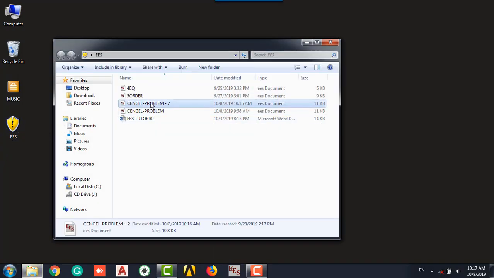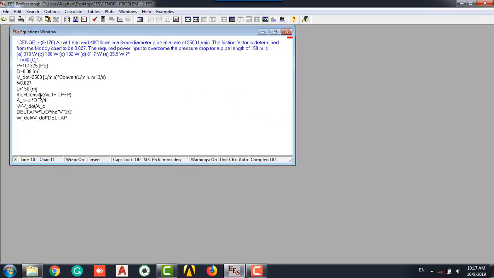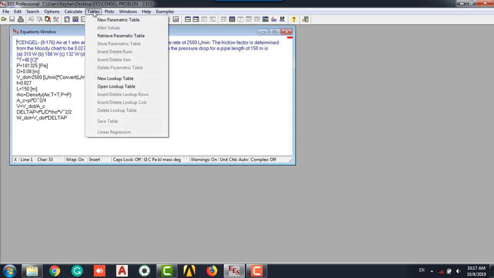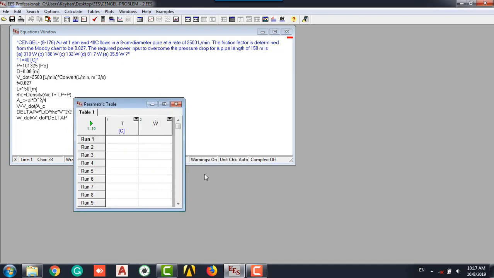EES also has parametric tables, which allow students to solve a problem over a wide range of variable parameters in a specific domain. For example, in the exact program or example, if we want to set temperature as a variable, we can go to the tables and define a new parametric table with T in here, and we need to define the answer to create the table that gives us the exact answer. So if we have two variables in the table, T and W dot, we create this table, and if we click on